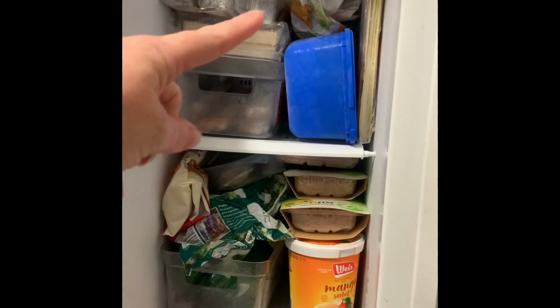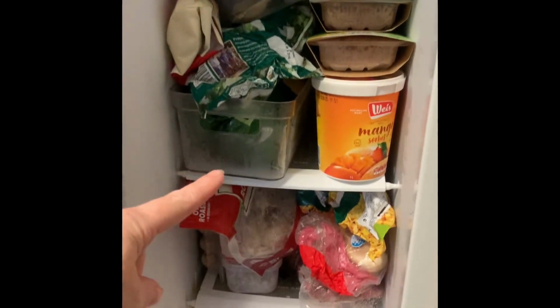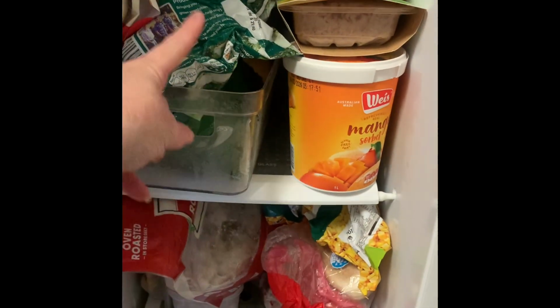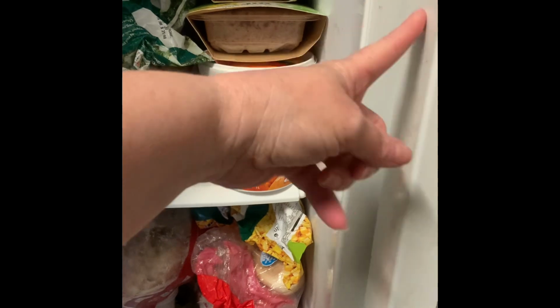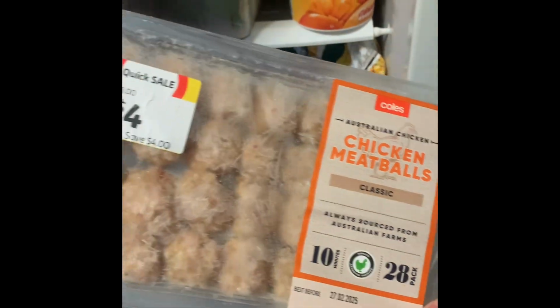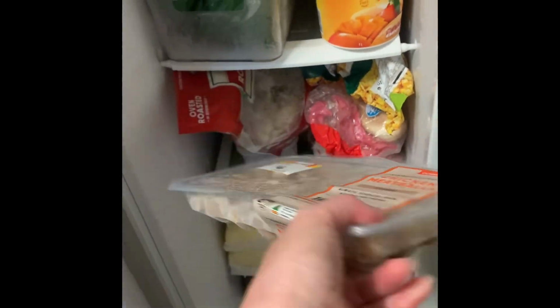Okay, chicken nuggets, I think, for my son. My daughter might have pasta, we have leftovers. Oh, meatball. Oh, chicken meatballs. I think they would go well with